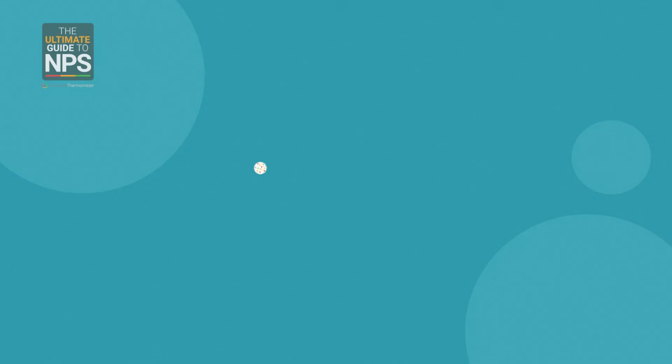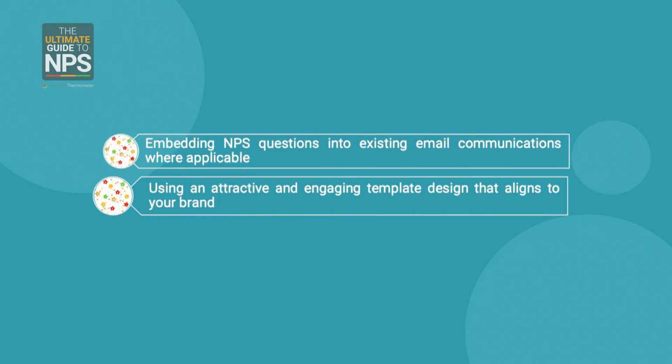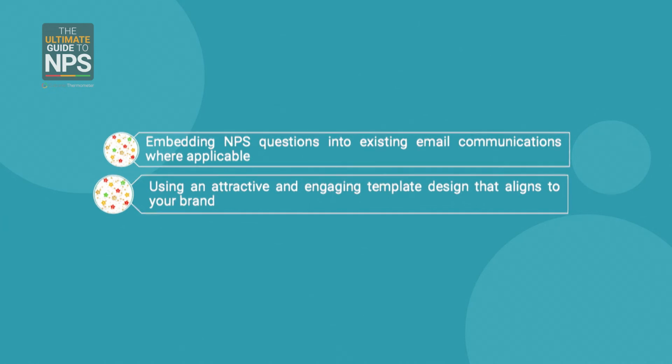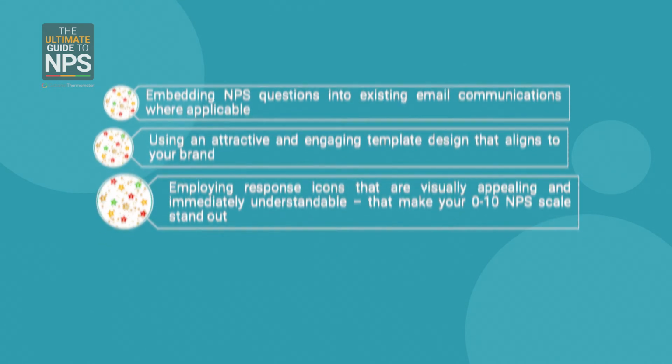Simply sending out unsolicited emails is a missed opportunity to instead use the NPS survey as a device to reinforce a positive impression. Customers will appreciate it if you make the NPS survey process fast and easy. At Customer Thermometer, we recommend embedding NPS questions into existing email communications where applicable, using an attractive and engaging template design that aligns to your brand, employing response icons that are visually appealing and immediately understandable, that make your 0 to 10 NPS scale stand out,